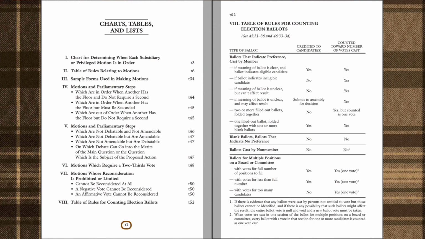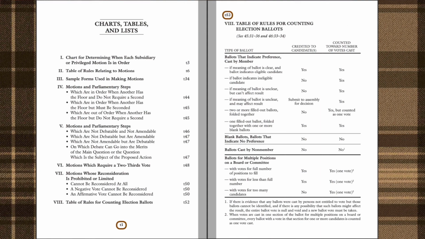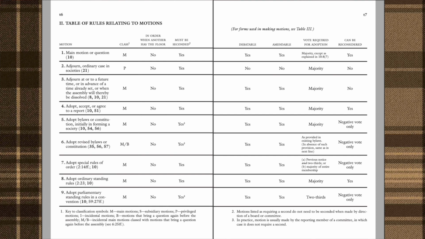Another actually quicker way to access information about any particular motion is to flip to the tinted pages in the back of Robert's Rules of Order. When we say tinted pages, we're talking about this thin section of pages near the back of the book, which are tinted gray. These tinted pages have their own page numbers that start at T1 and continue through T52. Starting on tinted page 6, there is a table of motions that runs through tinted page 33. This includes 98 entries, so you'd be hard-pressed to come up with a motion that isn't covered on this list.